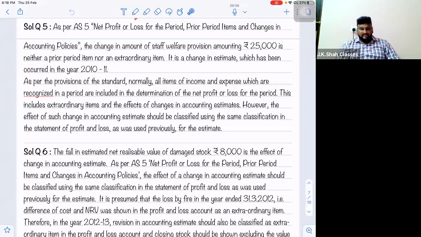Question number 3 in AS1. Yes, because that is based on the change in accounting estimate concept, because some provision amounts are changed over there. So everybody please, we'll be doing now, see,